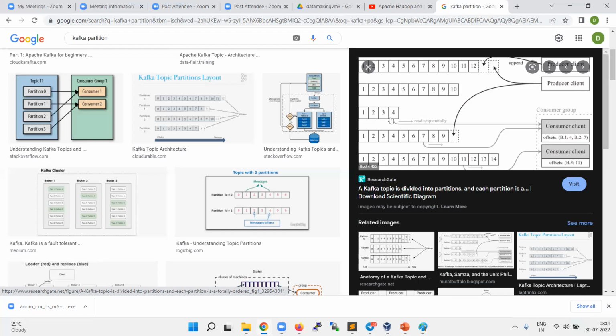When you build a real-time application, mostly we consume from the latest message, because we generally don't aggregate from the starting every time. That doesn't happen in real-time processing. When you do batch processing, yes, you may take the data from the beginning and do the processing.